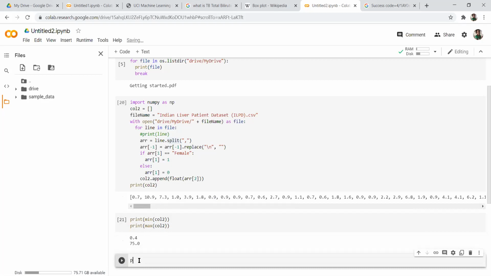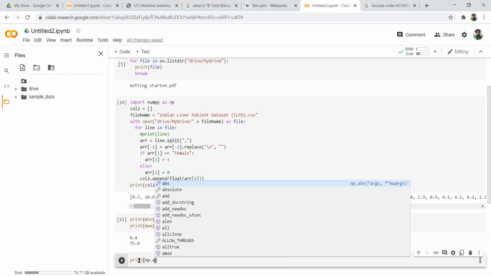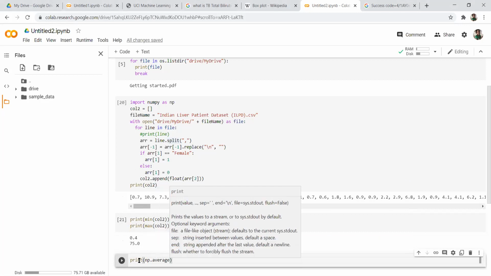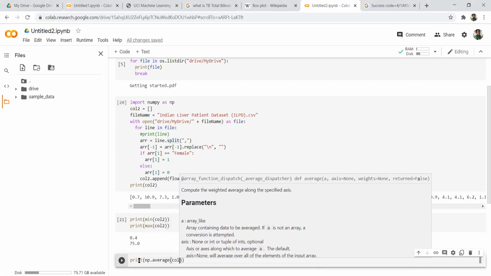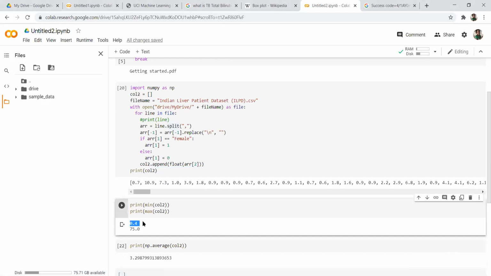If I want to use some numpy functions, I can use those also. Let's say numpy.average, to which I'll pass col2. Now if we see, minimum value is 0.4, maximum value is 75, but the average is 3.29.